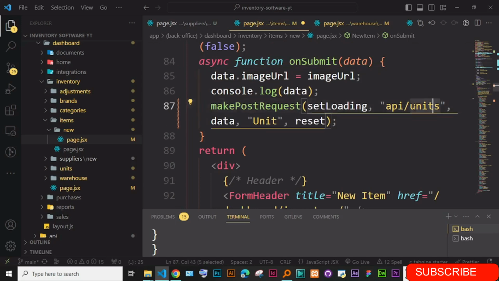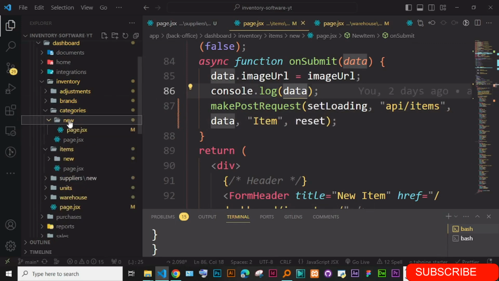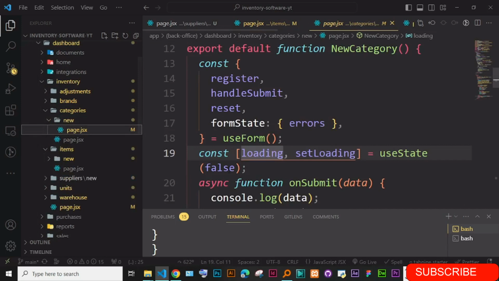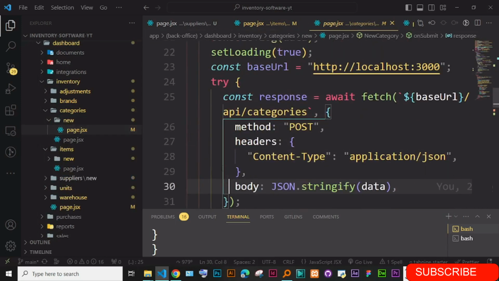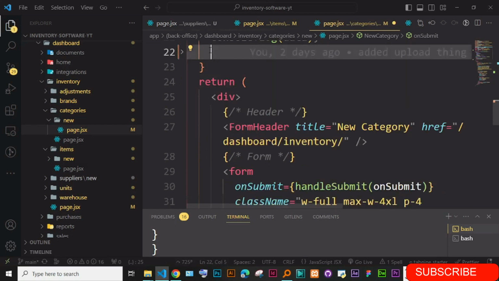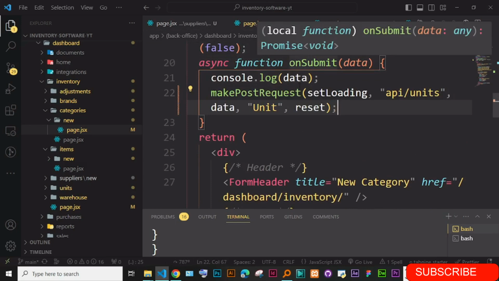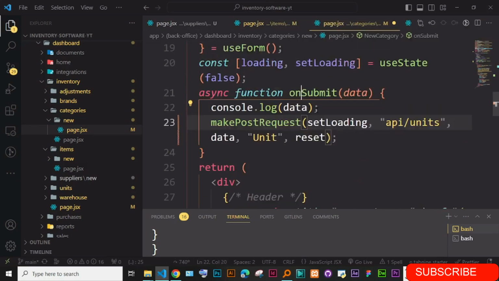Okay, then this one is API items, and this is item. Okay, we just leave this at that. We will test it later. Go to categories, and just simply remove all this. Okay, just say make a post request, and just get this. This is